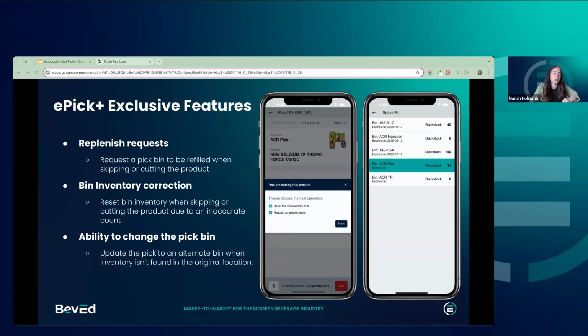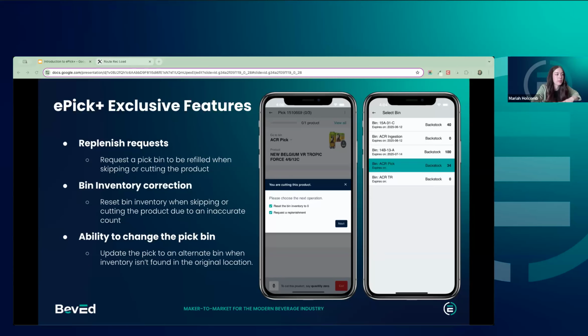So for replenishment requests, we can see that as the request a replenishment line on that screenshot there. You're literally creating a directed replenish task based on the inventory that we need to be picking from that bin for that product. So that'll immediately go to the directed replenishment tool within Encompass Mobile without having to do any sort of manual communication with your team members. They'll see that task up at the top of their screen,